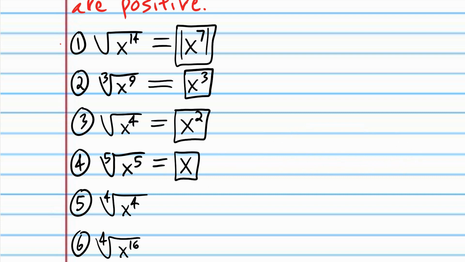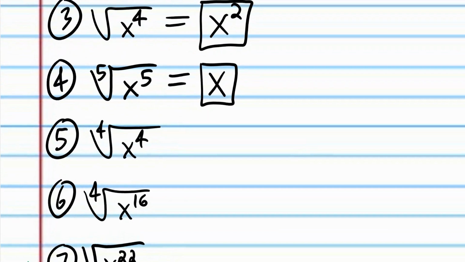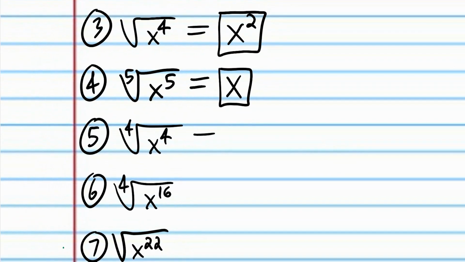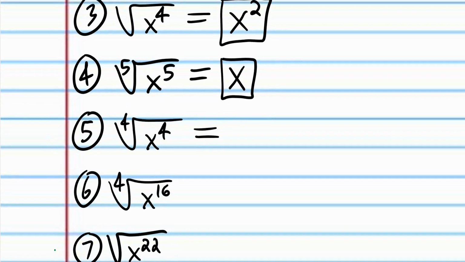I don't think we did fifth powers in the previous classes, but it's the same type of operation. Again, because we had an odd index, we don't have to worry about putting absolute value symbols. Now we have an even index. We have to worry about absolute value symbols. All right, so